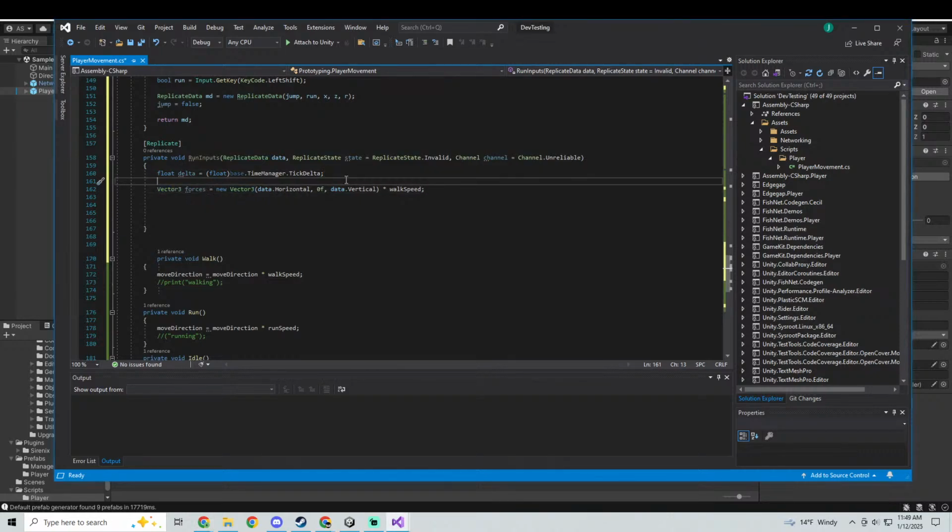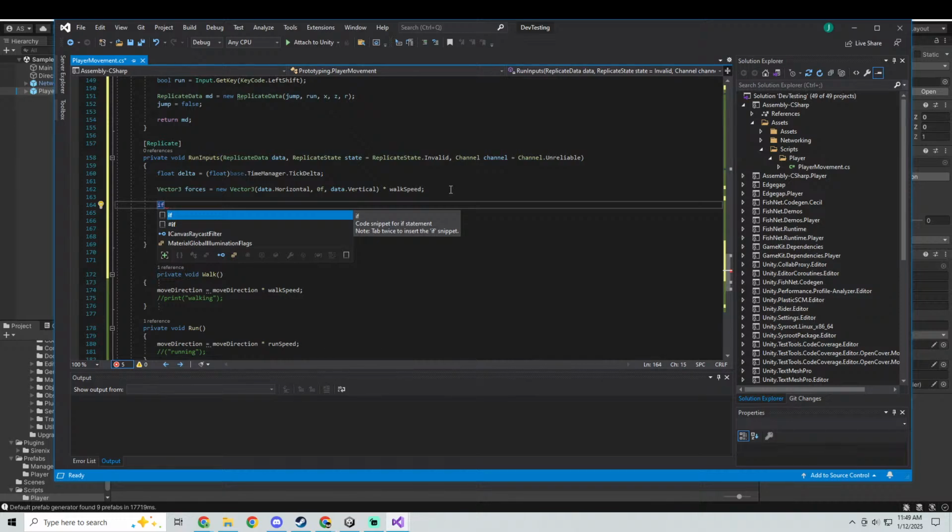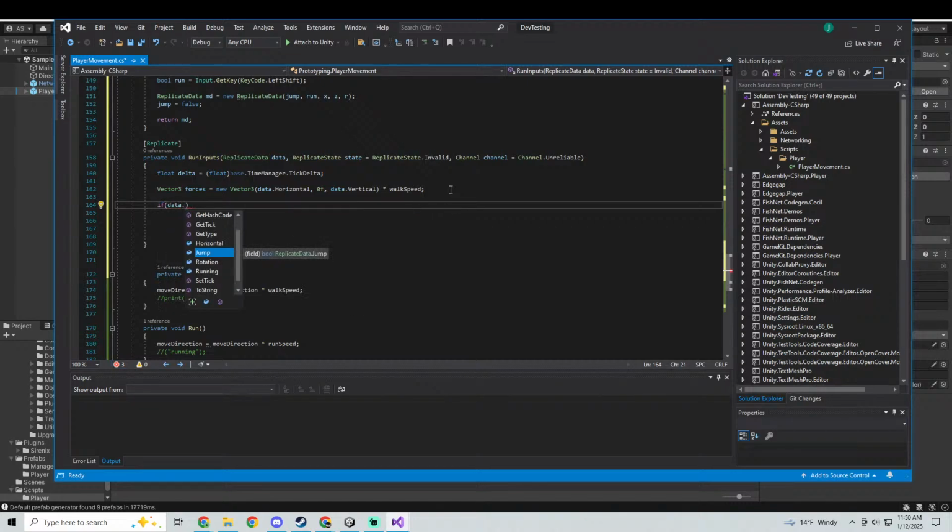So this is where it gets a little funky, because if we're doing this, we want to update our forces if we are running. So we need, if data.running is true,